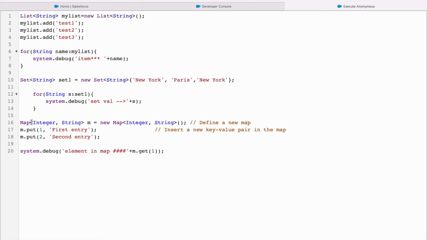This is a map. In a map, as I told earlier, it will hold the key and value. So the key is an integer, the value is a string. In the first element I am putting by using put: 1 is the key and the first entry, 2 and the second entry. In order to retrieve the value from the map, you can pass the key. Since I know the key, I am passing the key. So if I execute this one,